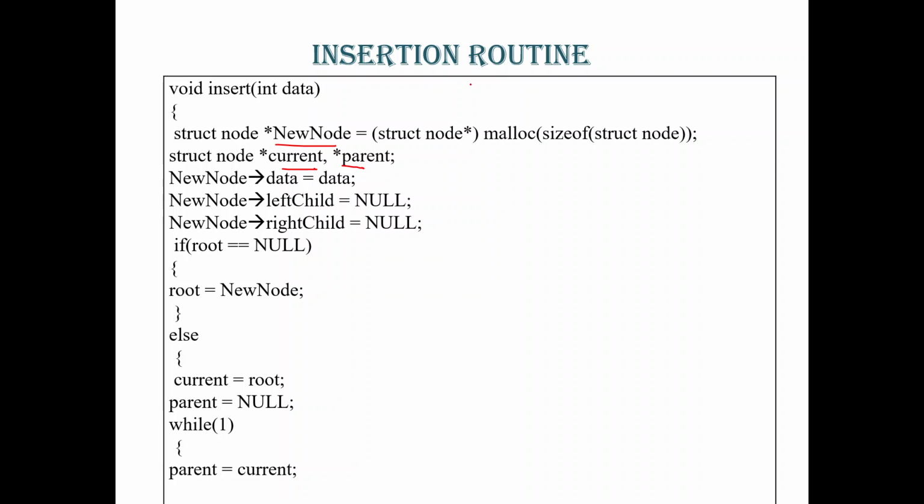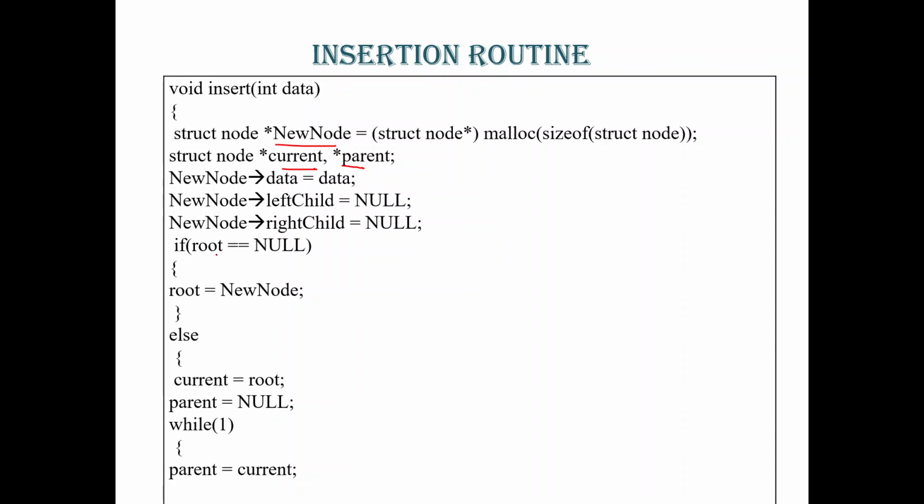While traversing I need to check and insert. As I told you, insertion of a node is checked against each and every element, so we need to follow the condition also. One node can have only two children, so we have two pointers, current and parent. Here is the new node's data. After creating a new node, I am just inserting the data. Then the left child and right child are going to be null. If I am going to insert the first element, the root of the tree, then root is going to be null. If root is null, then the root is going to be the new node. In root, I store the new node address.